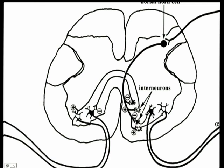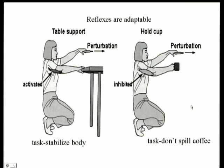If we look at the other side, you can see here comes the fiber in. It's going to go to this particular process right here, an inhibitory interneuron that's going to go out the other side. So this lower motor neuron here is going to inhibit the hamstrings, and this one right here is going to excite the extensors. Now, from this brief review of reflexes, you might think that they're hardwired and totally non-adaptable, but